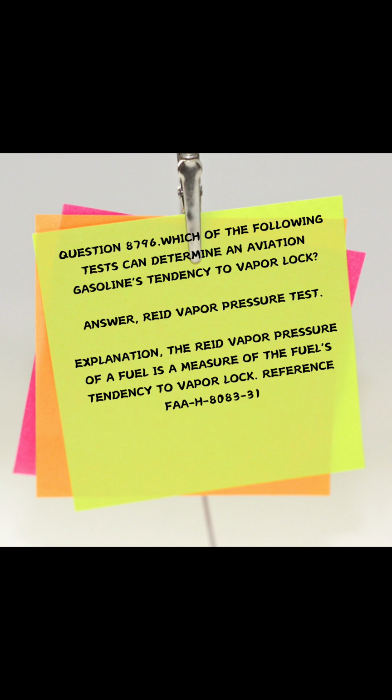H-8083-3D1. Question 8796. Which of the following tests can determine an aviation gasoline's tendency to vapor lock? Answer: Reid vapor pressure test. Explanation: The Reid vapor pressure of a fuel is a measure of the fuel's tendency to vapor lock. Reference: FAA